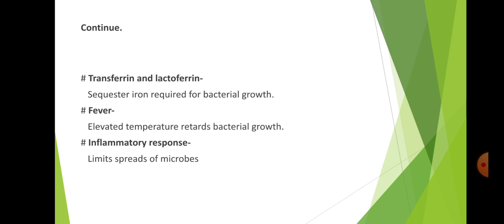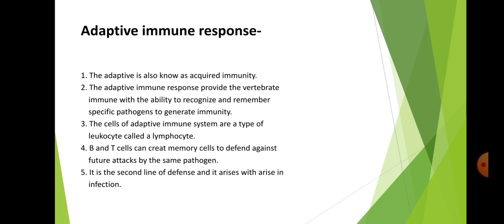Fever, elevated temperature, retards bacterial growth. Then the last one is the inflammatory response. It limits the spread of microbes. Then the adaptive immune response, or adaptive immunity. Adaptive immunity is also known as acquired immunity, and the adaptive immune response provides the vertebrate immune system with the ability to recognize and remember specific pathogens to generate